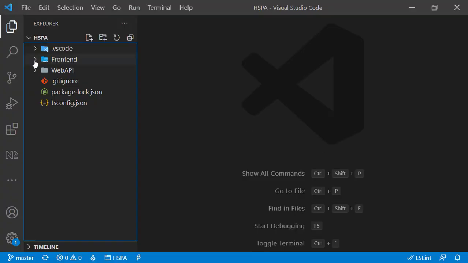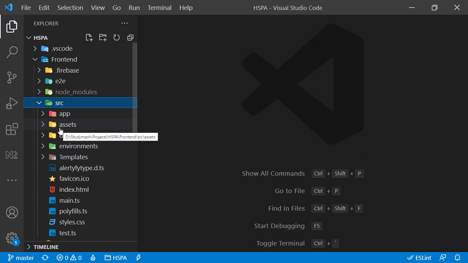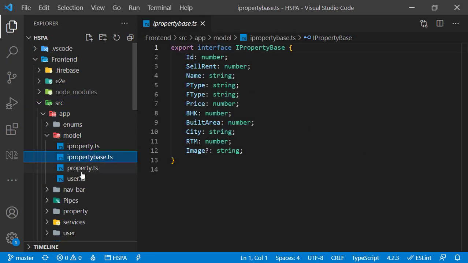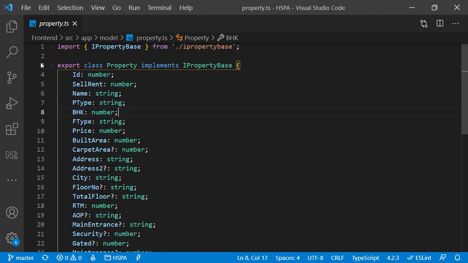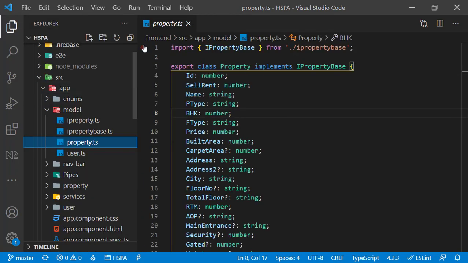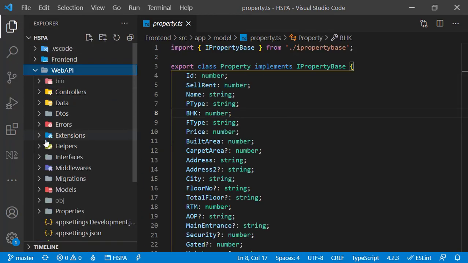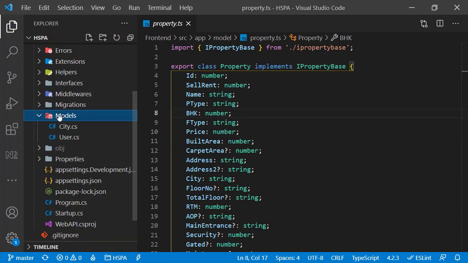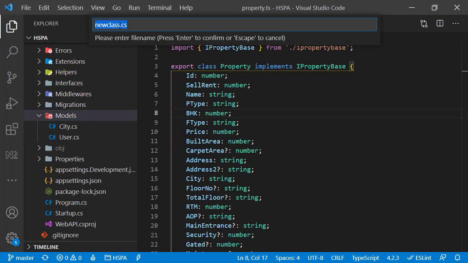If you remember, we had already defined the property model in our Angular application that we are using to store the property related information in local browser storage. We need to add a similar kind of entity in our web API now. Let's go to the web API and add a new class in Models. Let's name it Property